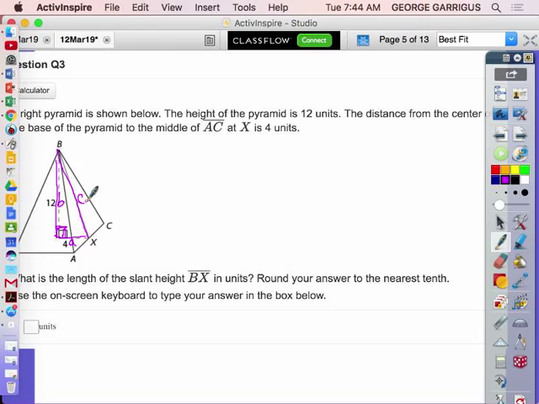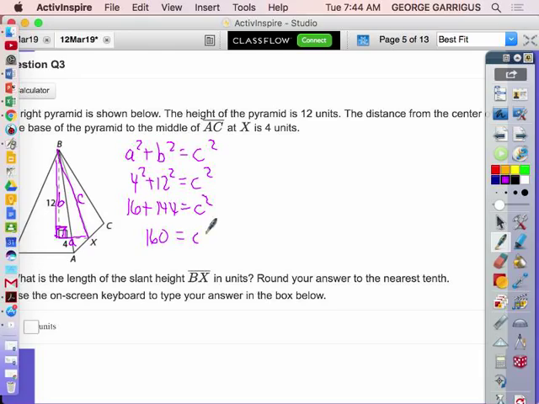Not too hard. Let's see. a squared plus b squared equals c squared. 4 squared plus 12 squared equals c squared. 16 plus 144 equals c squared. That's going to be 160 equals c squared. So we're going to need a calculator to take the square root of 160, which is 12.6. If we're going to round our answer to the nearest tenth, we end up with c equals